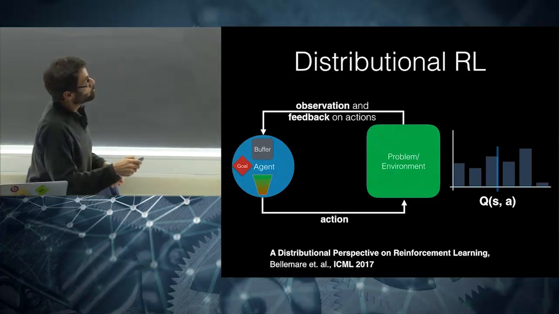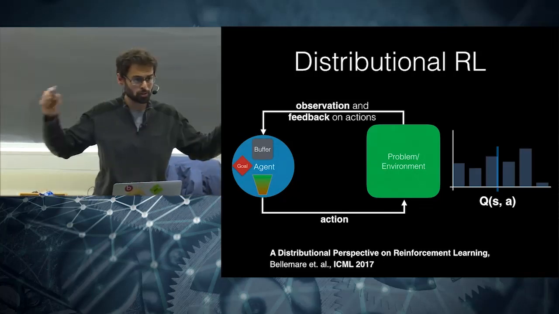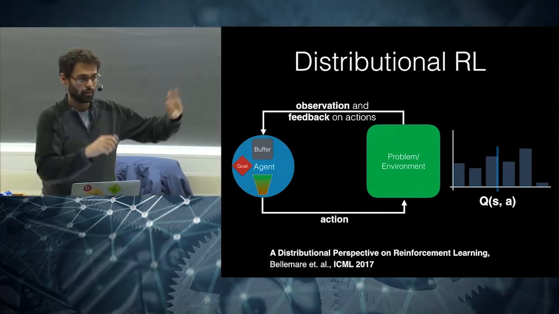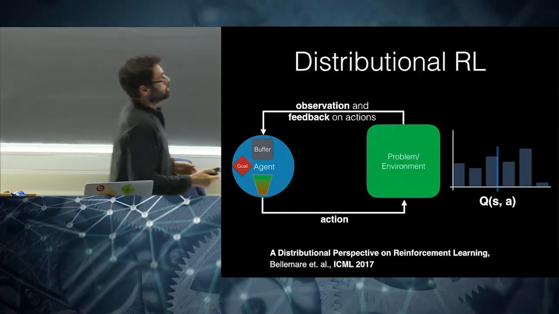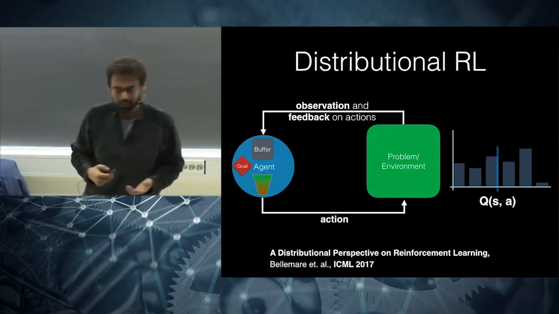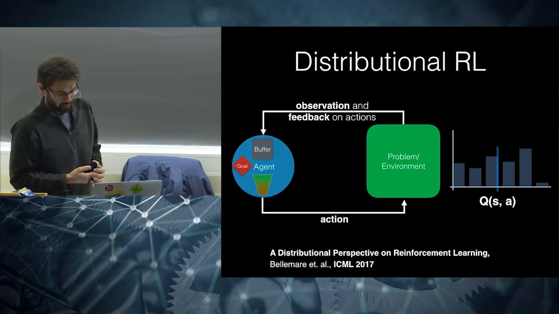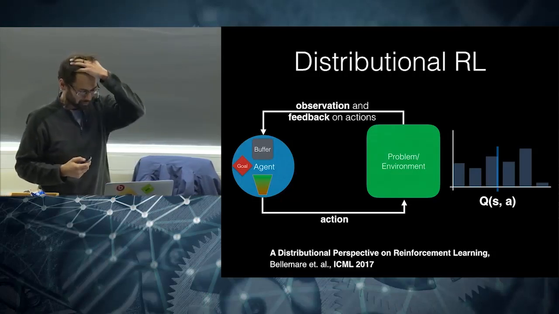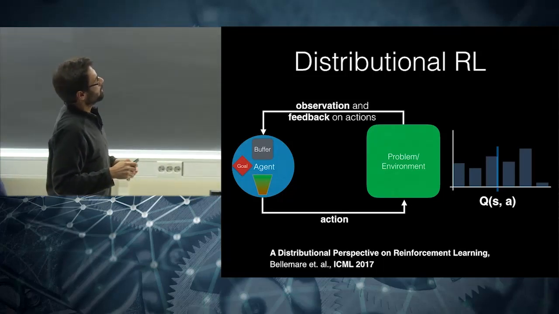Instead of Q, we'll have the whole distribution, which can be approximated in different ways. And I'll talk about a couple of ways. So why do this, you might ask, actually. I did. So there are a couple of reasons. So one is that,